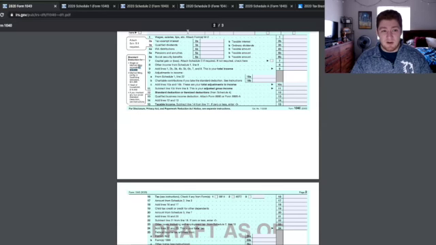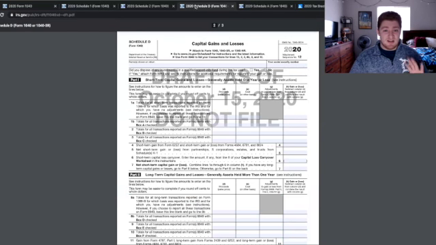And finally, we get to capital gains. Capital gains is something huge for us later on down the road when we start selling off stocks and things of that nature. So I wanted to jump in and take a look at Schedule D. So there's 2 different kinds of capital gains and losses. There's short-term capital gains and losses, and this is for assets that are held for less than a year. And then there's long-term capital gains and losses, which are assets held for more than a year.